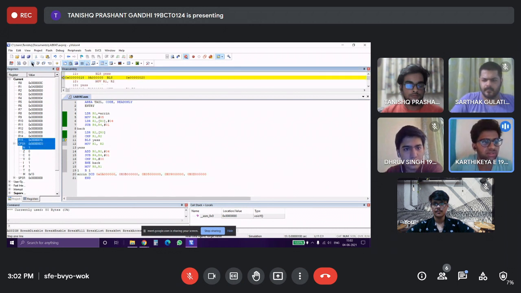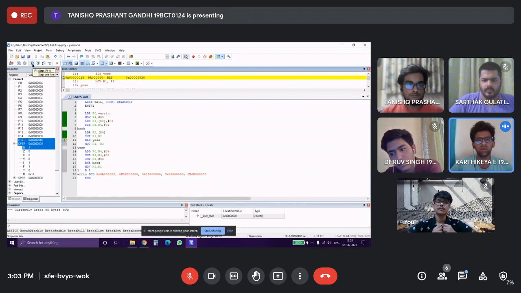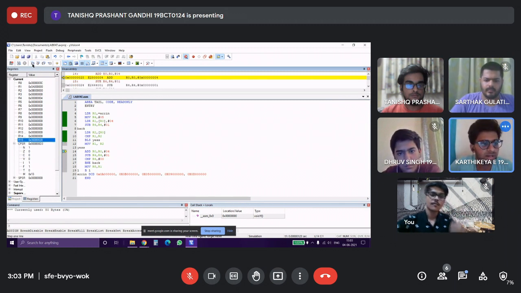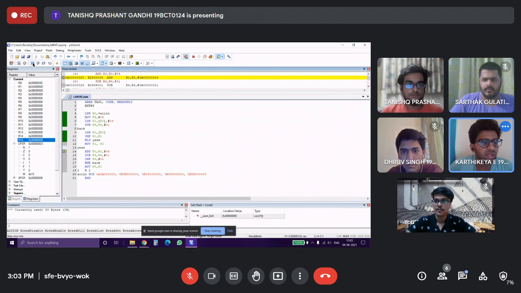Now we compare both of them. When we compare, what is CPSR? That basically means current program status register. And now N is set to 1. N signifies that the negative bit is set to 1, and when the negative bit is set to 1, that means R1 is smaller than R2. If we continue ahead in the program, we see that it remains the same, and it's less than or equal to.